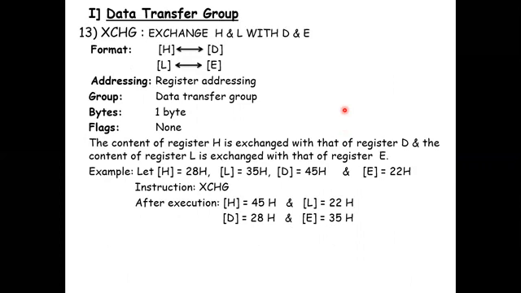In the university exam they will ask particularly like that. If you explain data transfer group instructions, you have to explain all the instructions in the data transfer group, like move with any one example. Okay, move, load, store, LHLD, SHLD, then exchange. So like that we need to explain. If they are asking generally about the instruction set, you can write some 3 examples like that and explain.